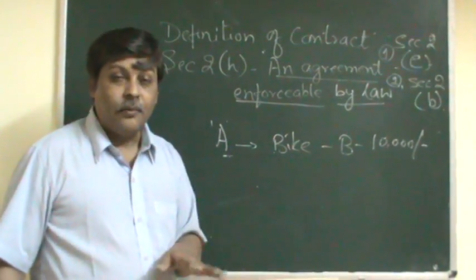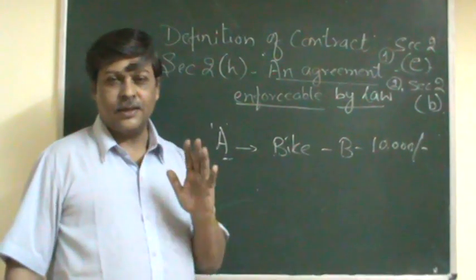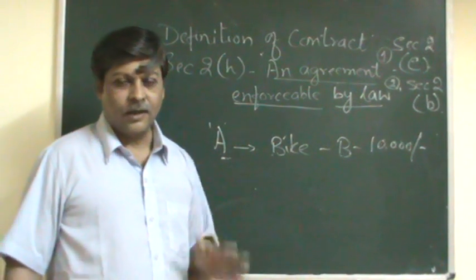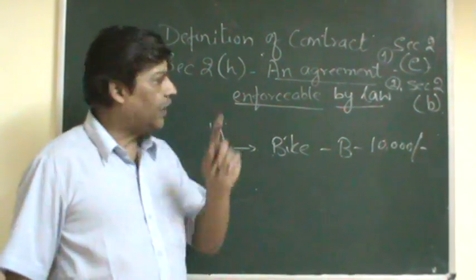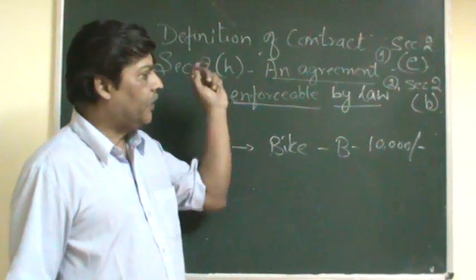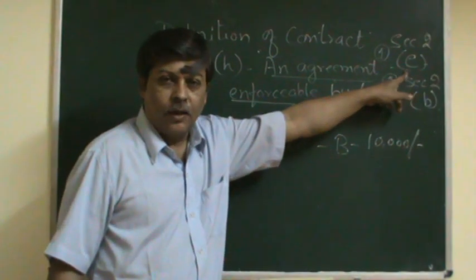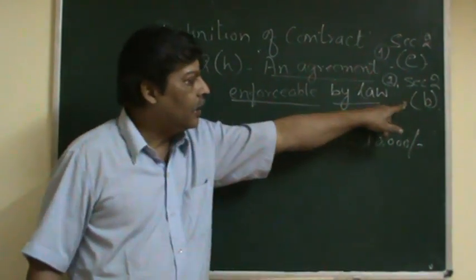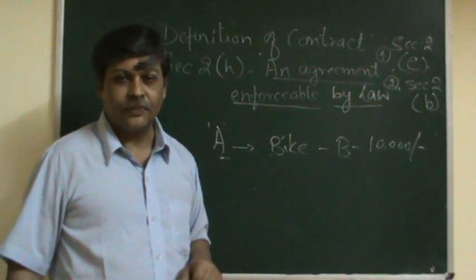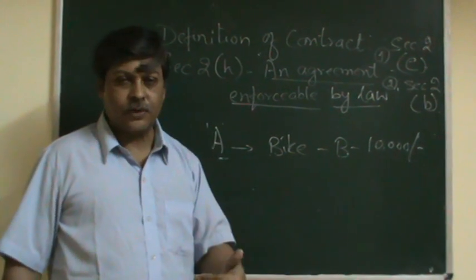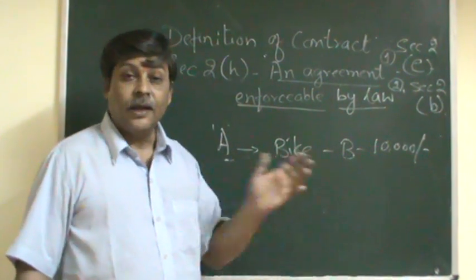So here, when you try to understand what is a contract, be very clear with this, because this is the basic question, the definition of the contract. Three sections are mainly involved. Section 2 is common, where we are going to study clause H, which defines the contract, clause E, which defines the agreement, and clause B of section 2, which defines the promise. So in a contract, one person promises to do something,